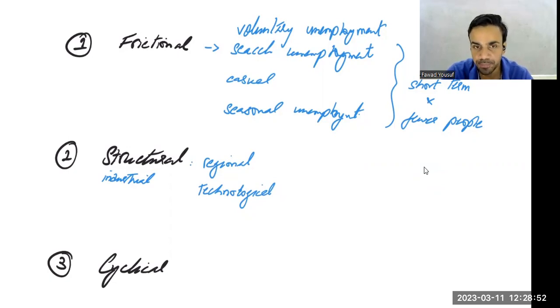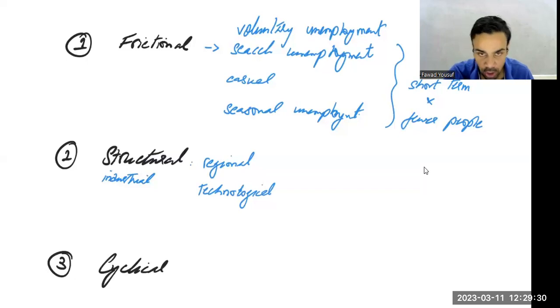Besides structural unemployment, there can be a regional unemployment. Obviously, in a certain area there used to be a certain type of factories. For example, Faisalabad is known for textile. So it may be that jobs are falling in Faisalabad because textile is not doing so well. Because that region was specifically textile oriented, the unemployment happening there would be called regional unemployment. So job vacancy is happening in a certain particular area of a country.